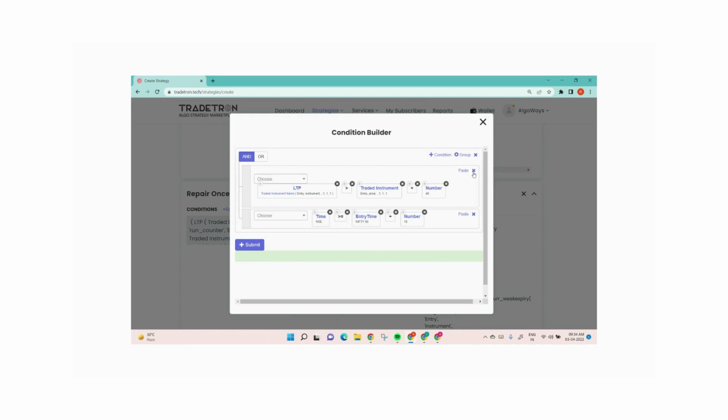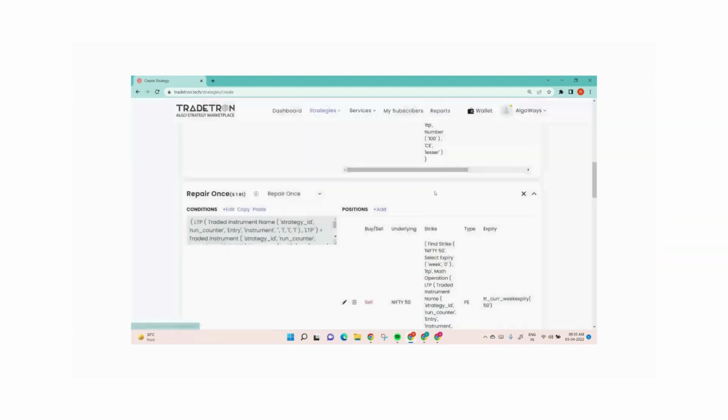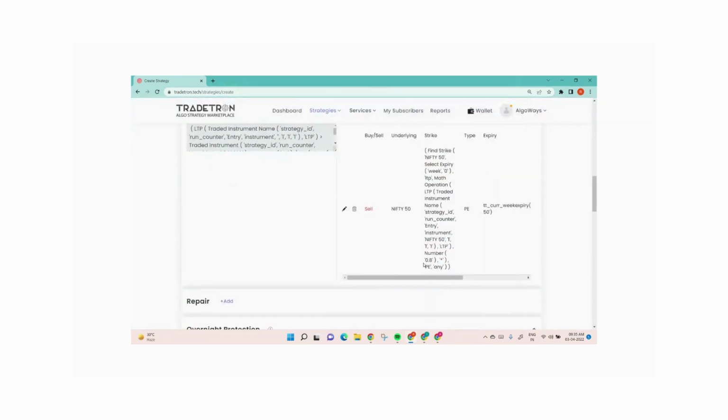It could be anything. It could be a profit target of call option. It could be a stop loss target, as we have put in first condition. If you are putting more than one condition and you want to exit or do the repair, we have to select the OR. Okay. So any of these two conditions, either after 15 minutes or once the call option goes into loss of 40 points, this repair will happen. And this will happen with the premium of PE,